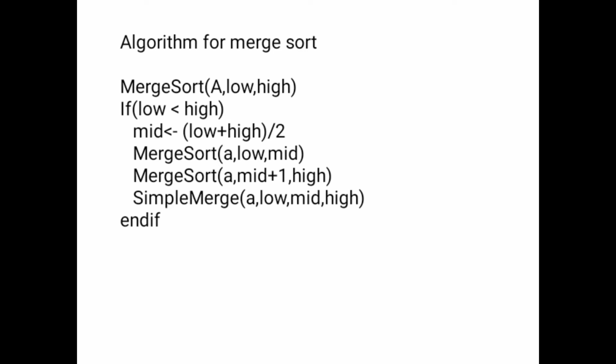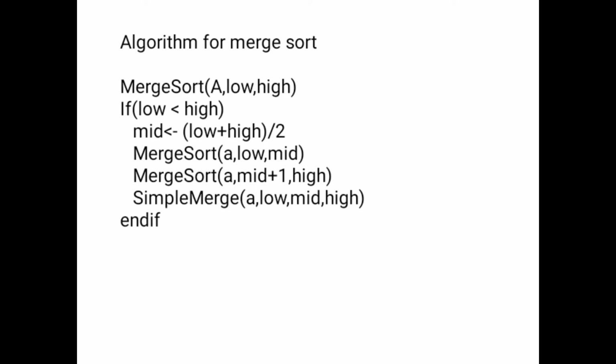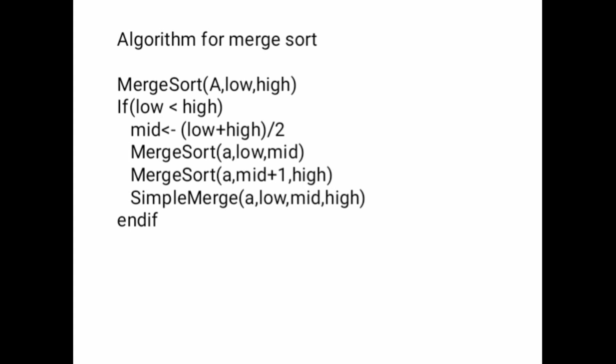To divide the array into two subarrays, we have to find the middle element. So we will see how this algorithm works. Here the name of the algorithm is merge sort. And first the condition is if low is less than high, and in the merge sort you are passing three parameters here. Merge sort is a function, and in this function you are passing three arguments. A is the name of the array, and low and high are the two pointer variables. Next, if low is less than high, you get inside the loop.